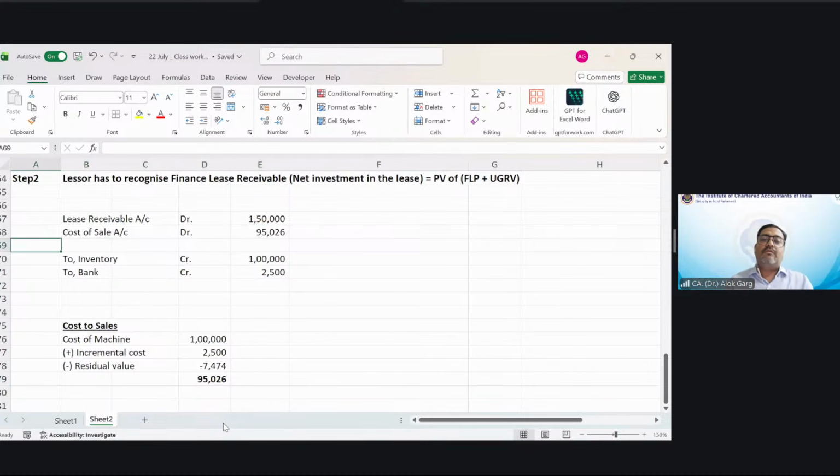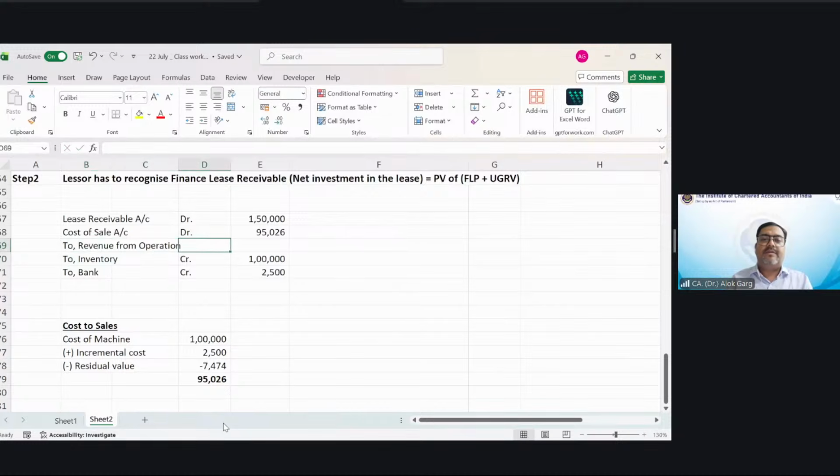So now, what is the differential? Either the differential should be to profit on derecognition and recognition of lease receivable, to profit on finance lease, but it is a manufacturer, dealer and lessor. So in this case, it will go to revenue from operations,